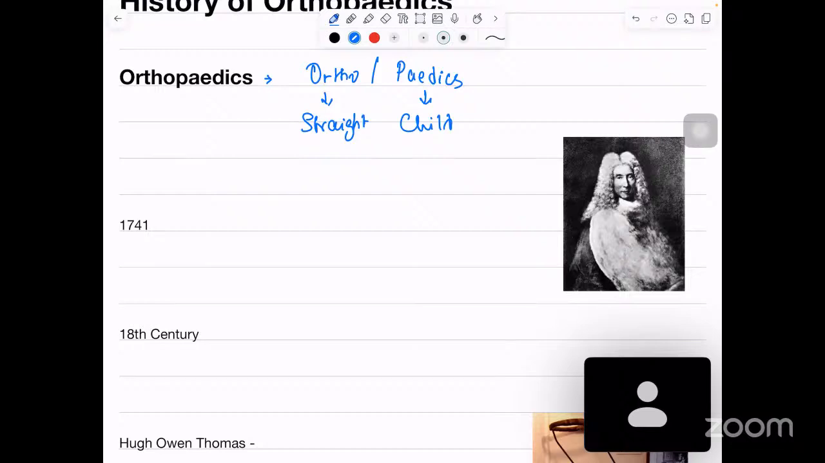So in order to address those things, in 1741, Nicholas Andry, this white-haired guy, a Paris physician, coined this term, orthopedics, and gave a definition for it, meaning straight child. Okay. After that,